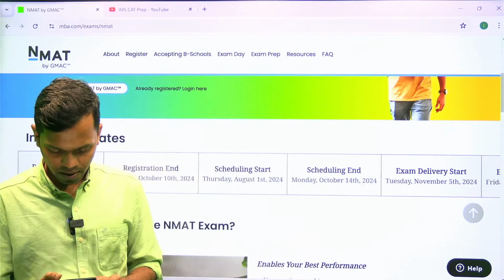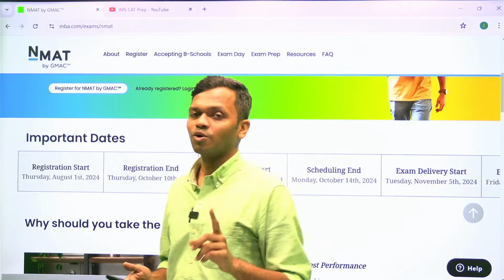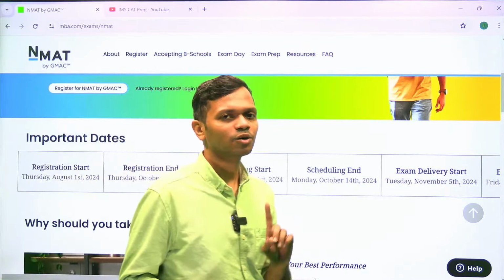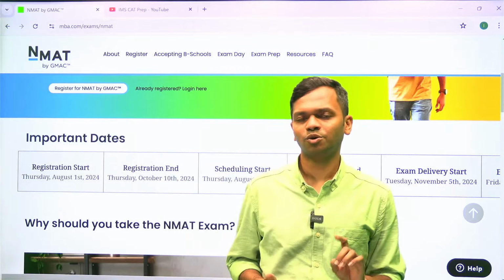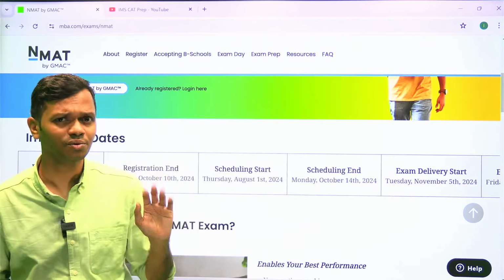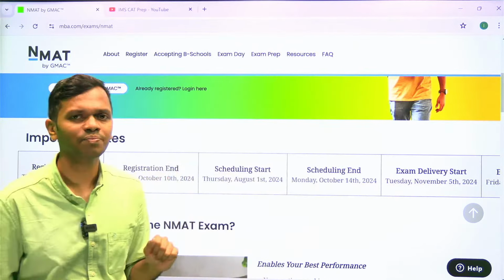Anubhav is asking, can I apply for NMIMS Mumbai in a rescheduled exam? Okay, so if you're doing rescheduling, which is separate from retaking, rescheduling is fine. So let's say, for example, I had scheduled for, let's say, 25th or 26th November, whatever it is. And if I change that before I have appeared for it,